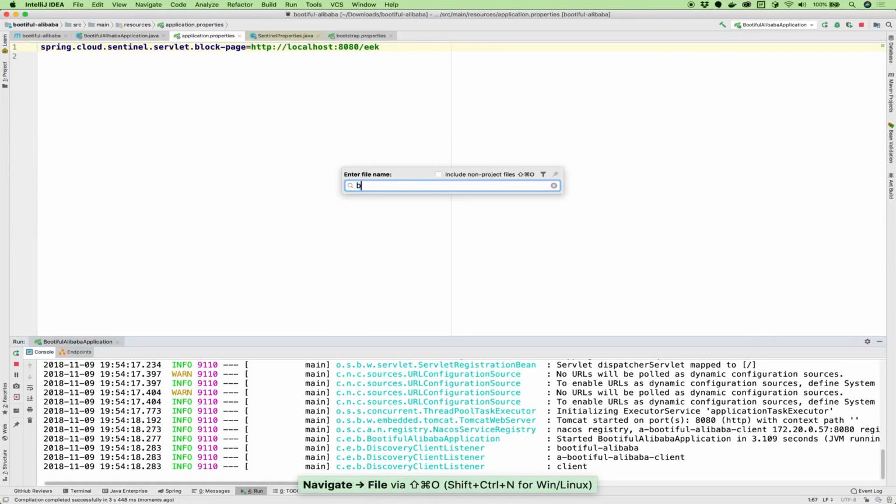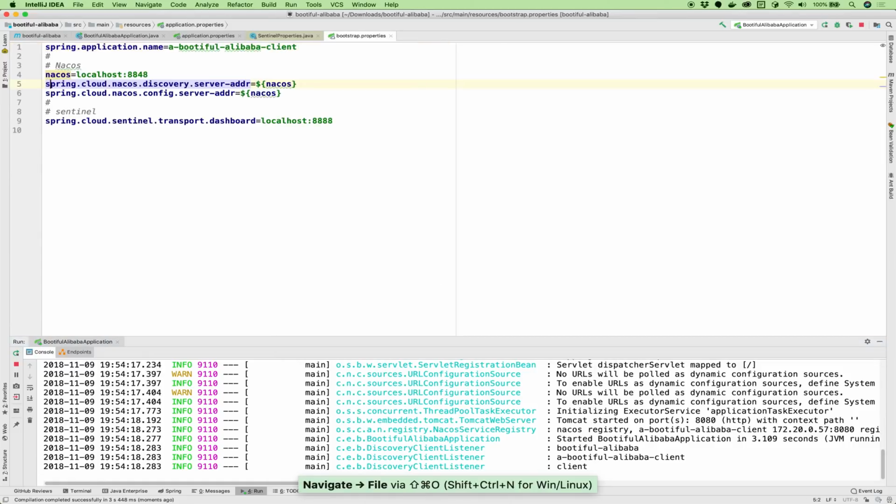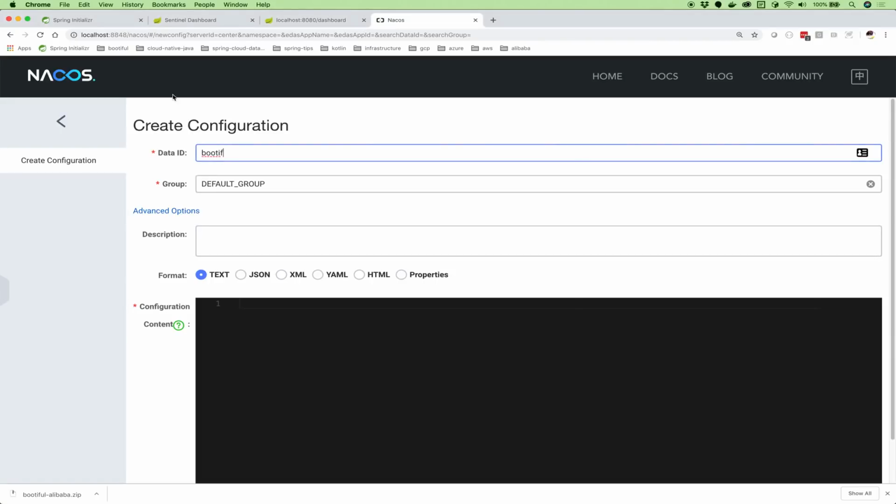Go to bootstrap. Here, I'm going to create this property file, .properties, okay? And we're going to call it a property file, properties for resolution of Spring Cloud Alicloud auth key and secret.